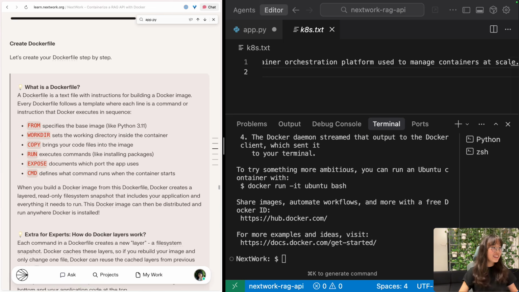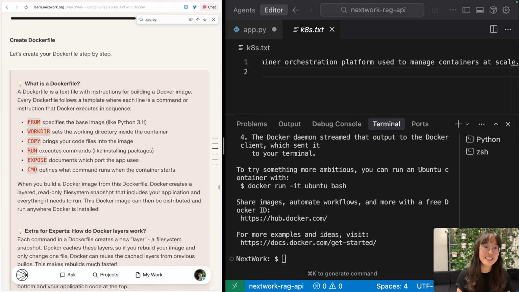So let's create that Docker file. That has to come first, and we're going to create it step by step together. And the Docker file follows a specific template where each line in that file is a command or an instruction that Docker is going to execute in sequence from top to bottom. So first is FROM. FROM is a command that specifies what base image we're building from. In this case, we're going to use a Python base image, and WORKDIR sets the working directory